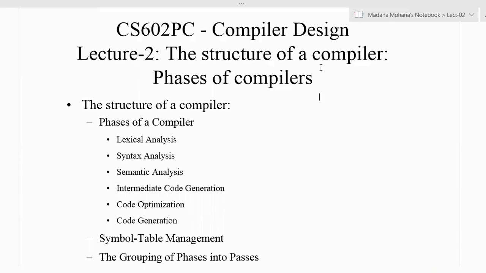These are the topics we covered in our first lecture. Now in this lecture, we will continue with the structure of a compiler.